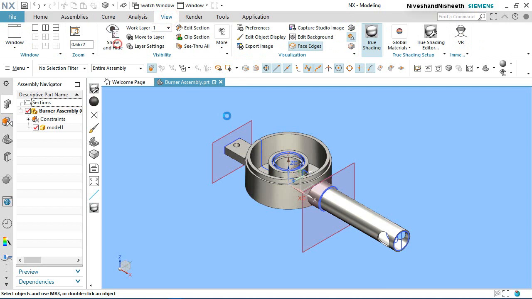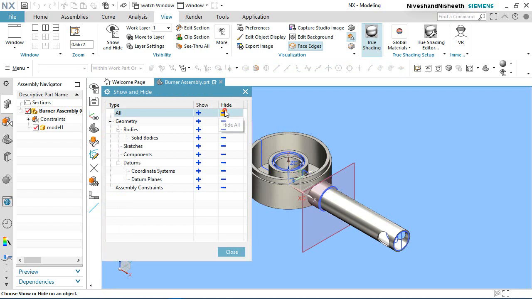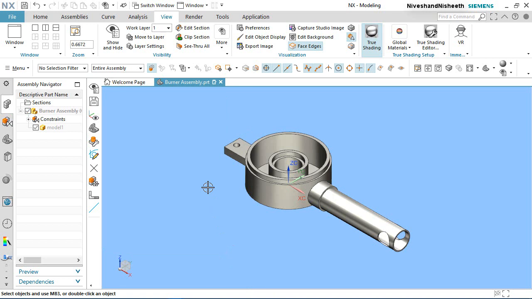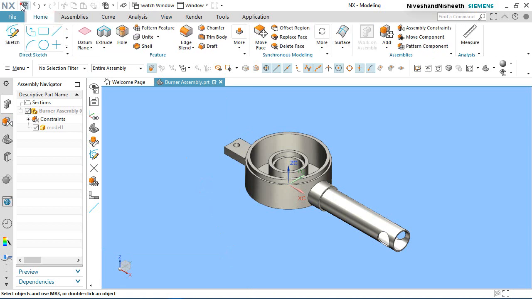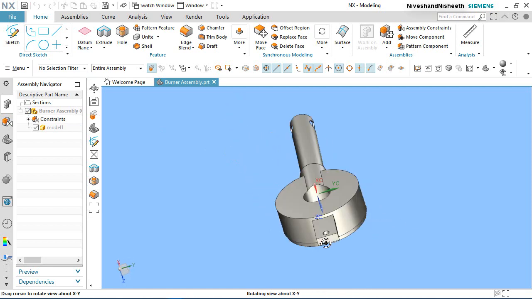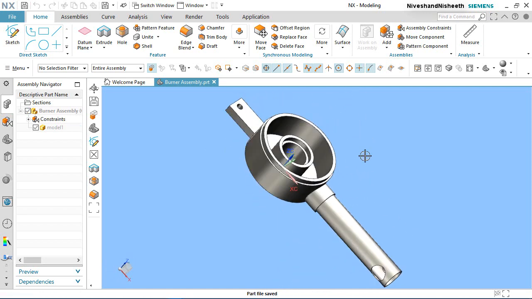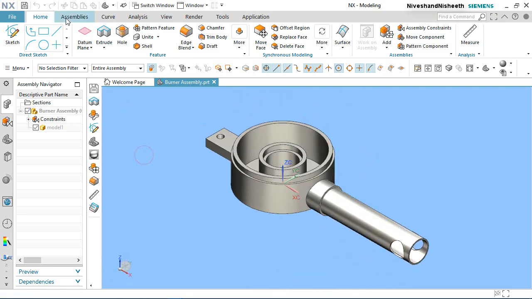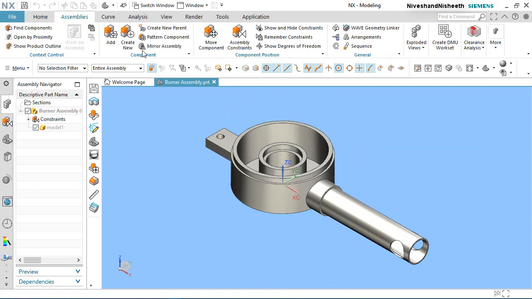Go to the View tab, choose Show and Hide button, choose Hide All button and choose Solid Body button. Close the dialog box. Now see, my model is visible more clear. Click Assemble tab, Components, Create New Component command.